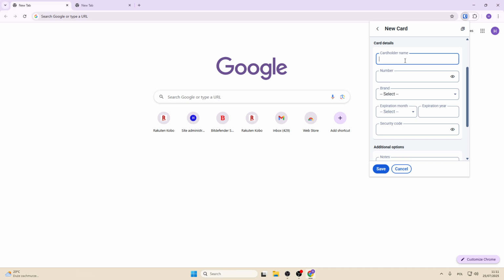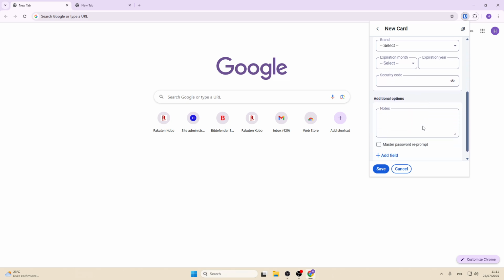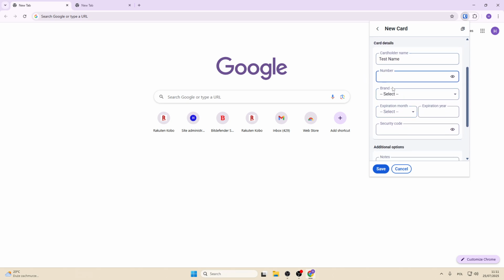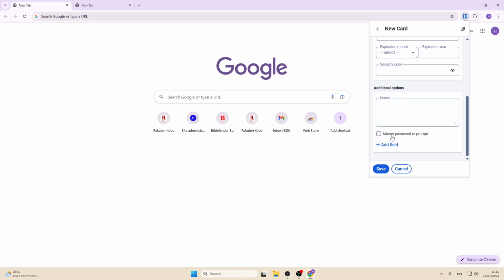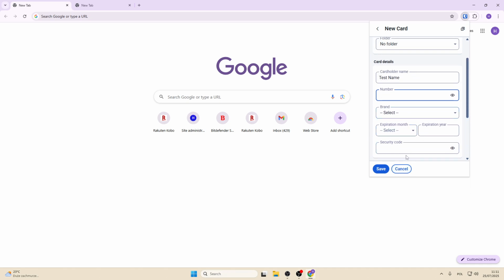So this is where the cardholder's name goes. So this is going to be test name, or just the name on the card, and just enter all of the details it's asking you to do here. Once you've done that, just press save,